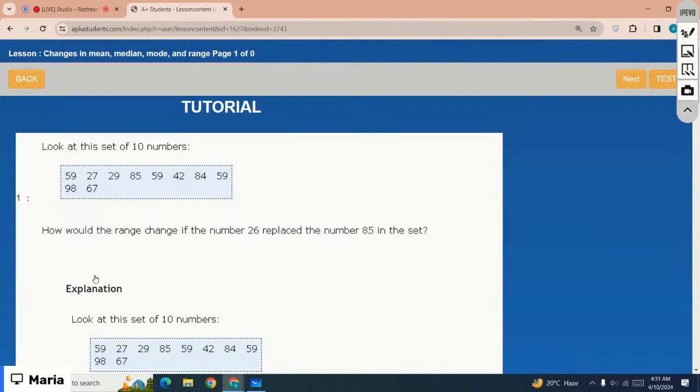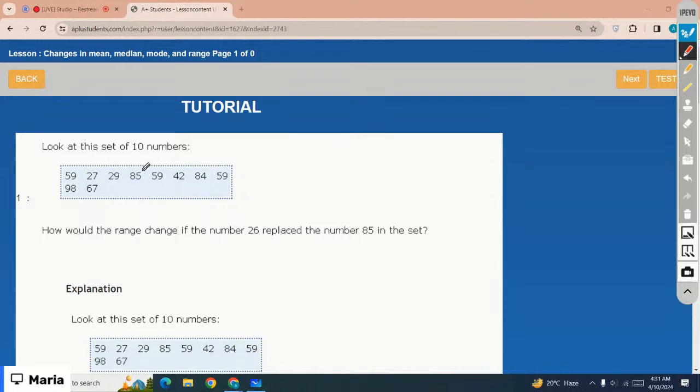You have to see how the range changes. 85 is now 26. The greatest number now is 98 minus the smallest number, 26. 72 it is, right? That means the range could be,